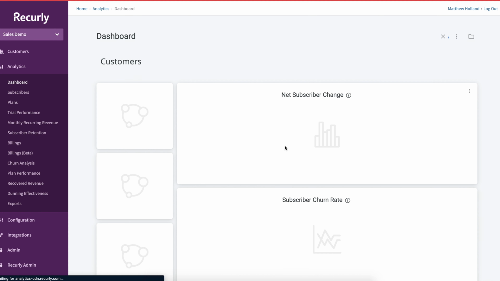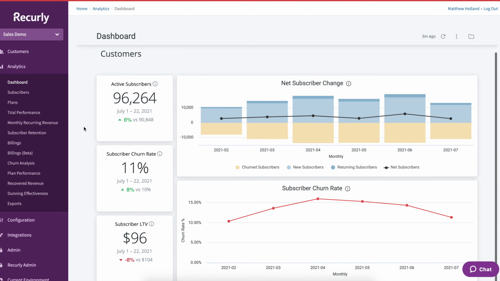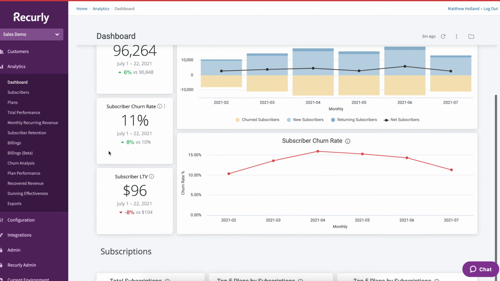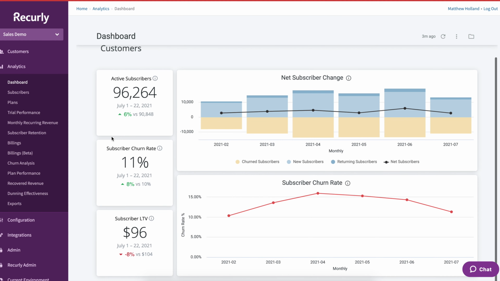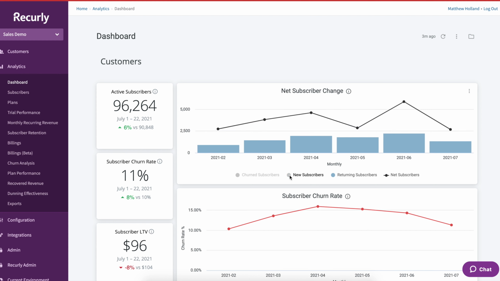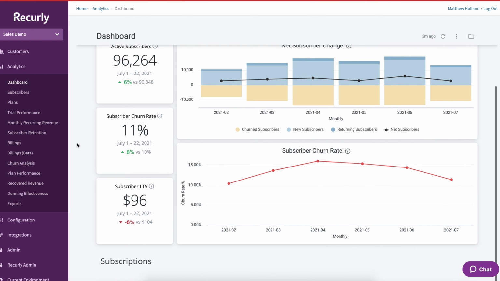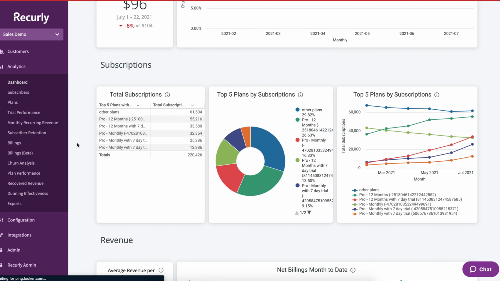Now this is anonymized customer data. And so what we're seeing here is data-driven decision-making dashboards where you can look at things like your subscriber growth, churn rates, long-term value. These are powered by Looker, and it allows you to select and deselect attributes. So I can do that as needed and then export or share that data. As I scroll down, you get further